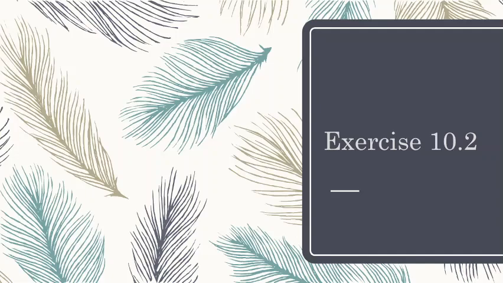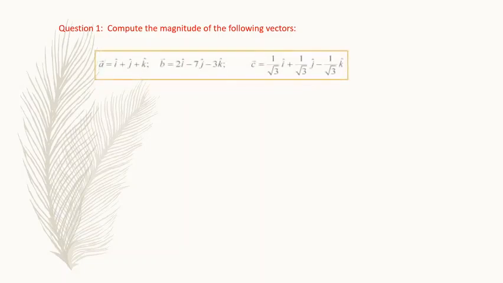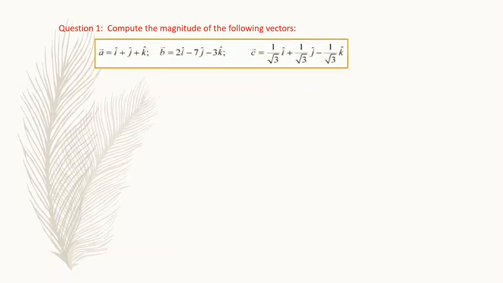Now, in the second exercise, the first question is like this. Have a look at this, dear students. Compute the magnitude of the following vectors. It means you have to find the magnitude, that is, the length of the vectors they have given. They have given three vectors. The first one is vector A equals i plus j plus k, and vector B equals 2i minus 7j minus 3k, and vector C is equal to 1 by root 3